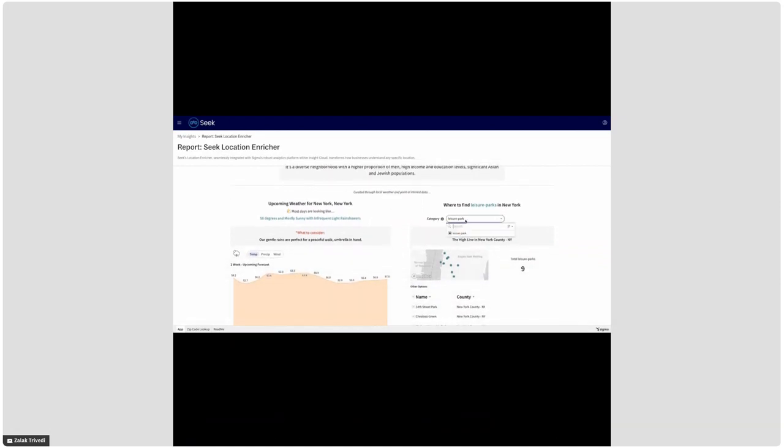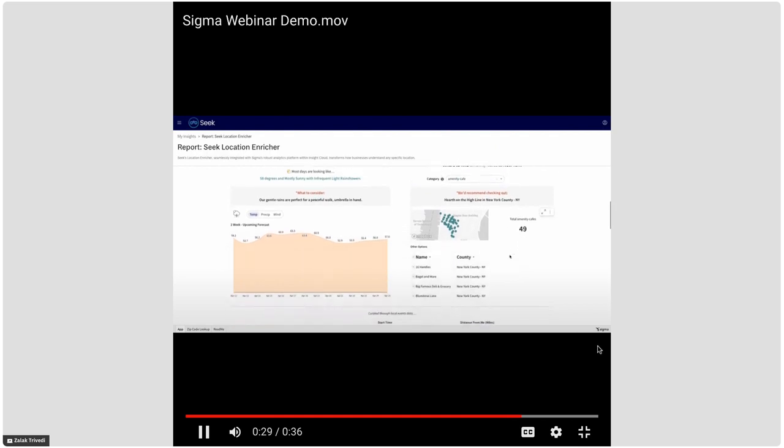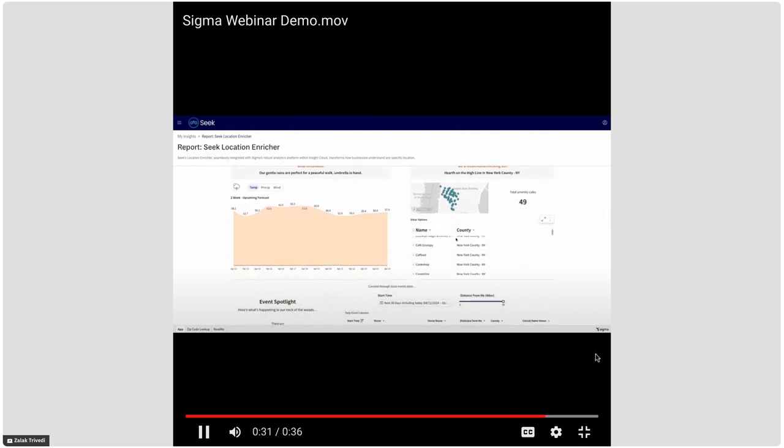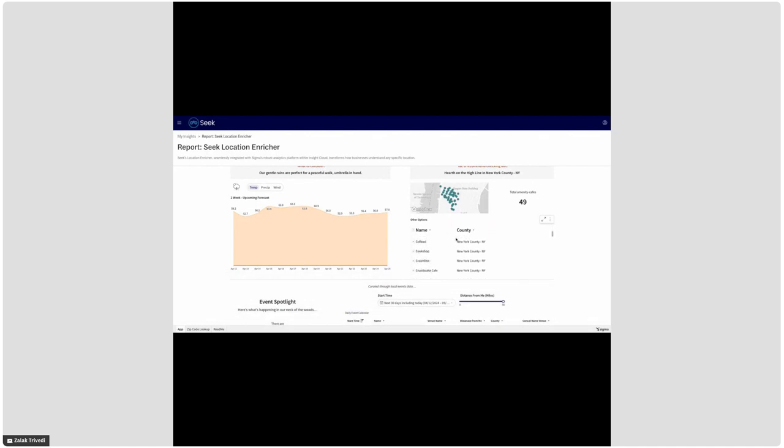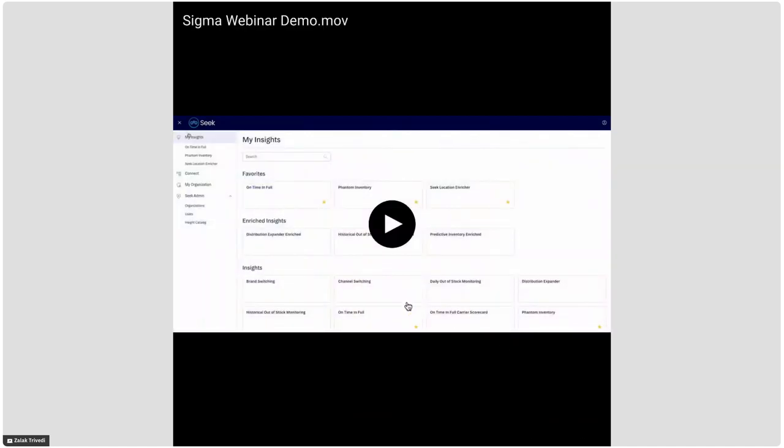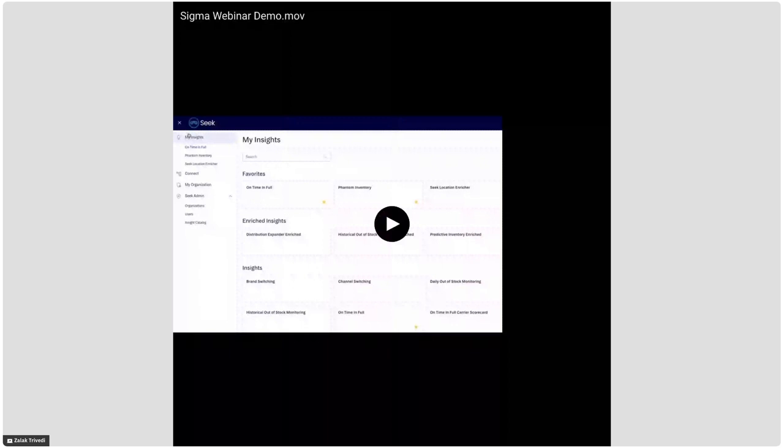So if I said, hey, I'm interested in learning about retail locations in a particular city and how things like weather or events are going to impact those stores in the next 2, 3, 4 weeks or months, this application allows you to bring all that data together in a simple turnkey manner and deliver it via a scalable embedded capability through Sigma.